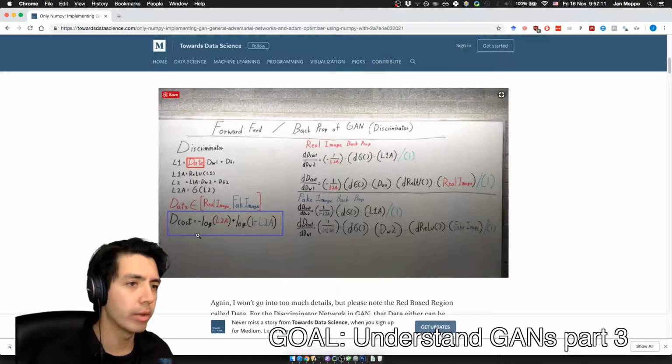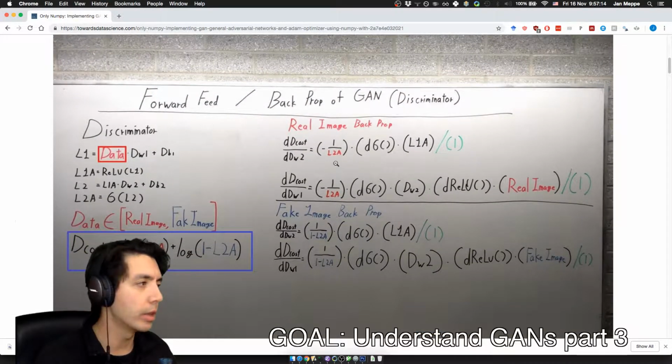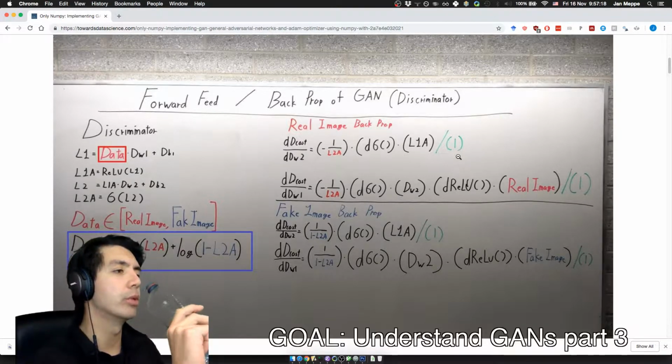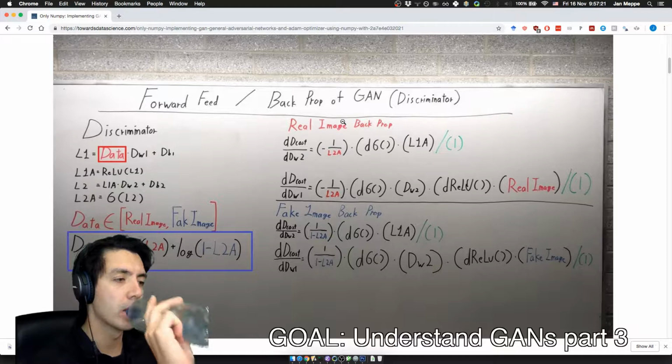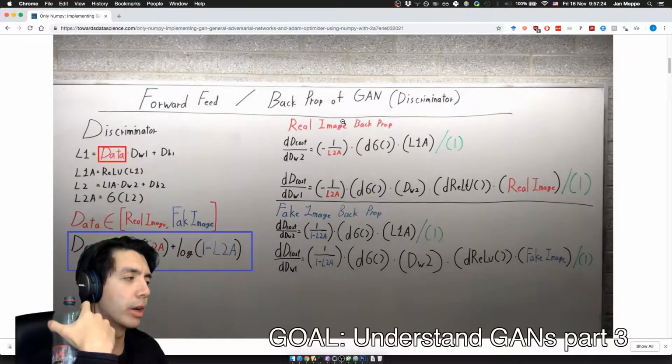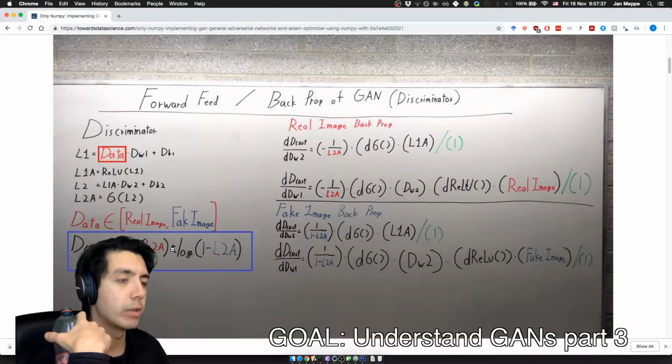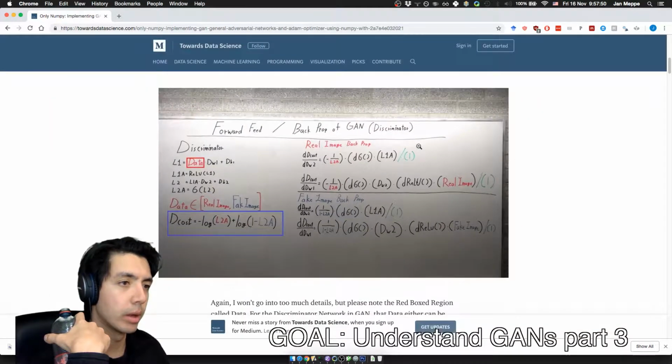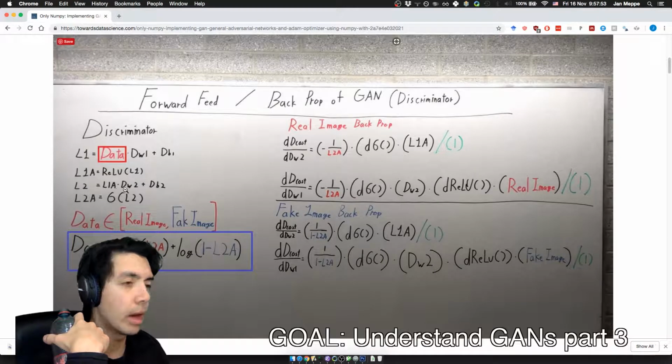And then we have the chain rules that you need to update the model using backpropagation. Because if you only use neural networks, you can estimate the model using backpropagation. So you take the derivative of the cost function with respect to the parameters. And because of the log, of course, you get the 1 over. Then you have to take the derivative of this with respect to the sigmoid, which we see here. Then the derivative of this with respect to dw2. And if you take the d cost with respect to dw1,